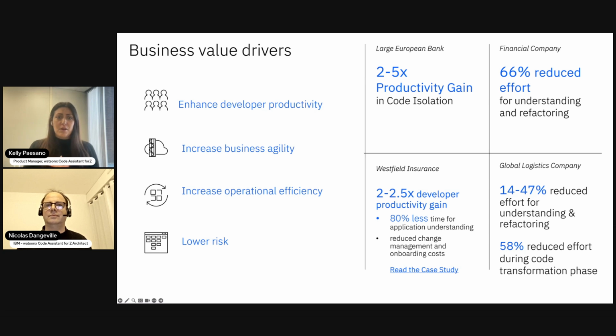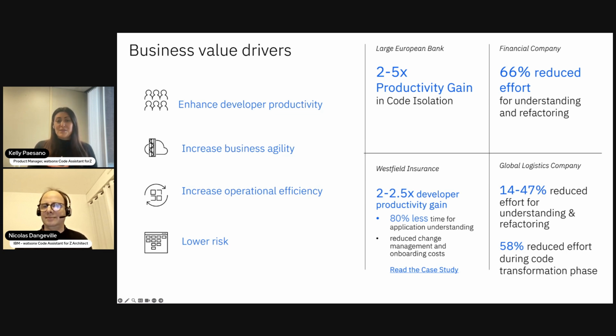Westfield Insurance is a public reference for us, and they have 2 to 2.5 times developer productivity gain, 80% less time for application understanding. So huge gains there. And then just one more example of the many examples that we have is 14 to 47% reduced effort for understanding and refactoring for a global logistics company.